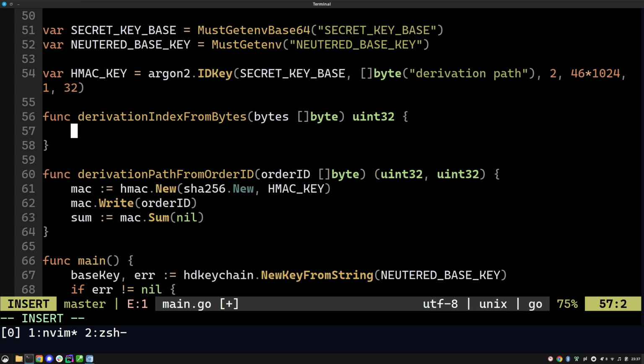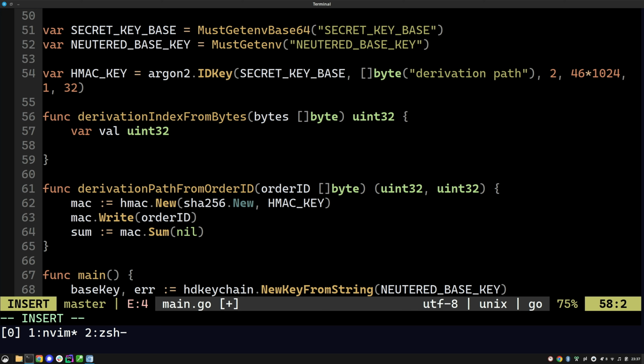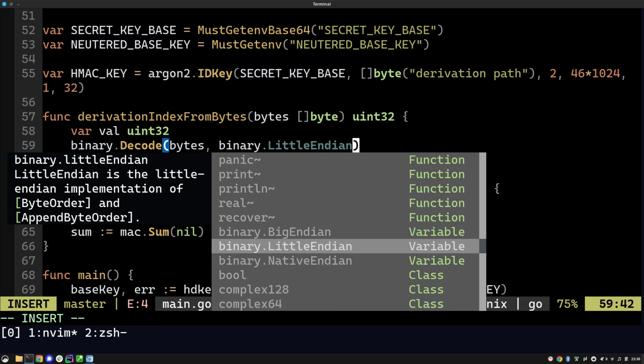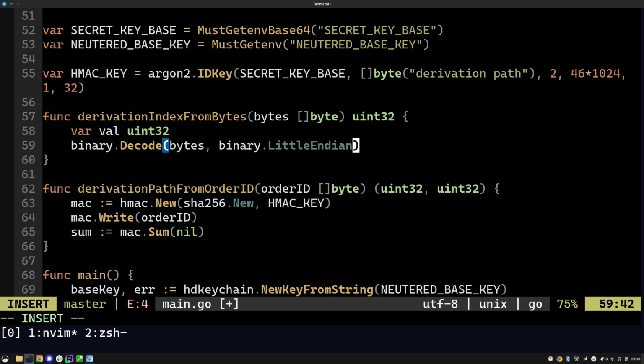And we're going to define a variable called val, which is uint32, and then we need to call binary.decode, bytes, and then you have to pass an endianness. I'm going to use little endian because it is native for most modern architectures,